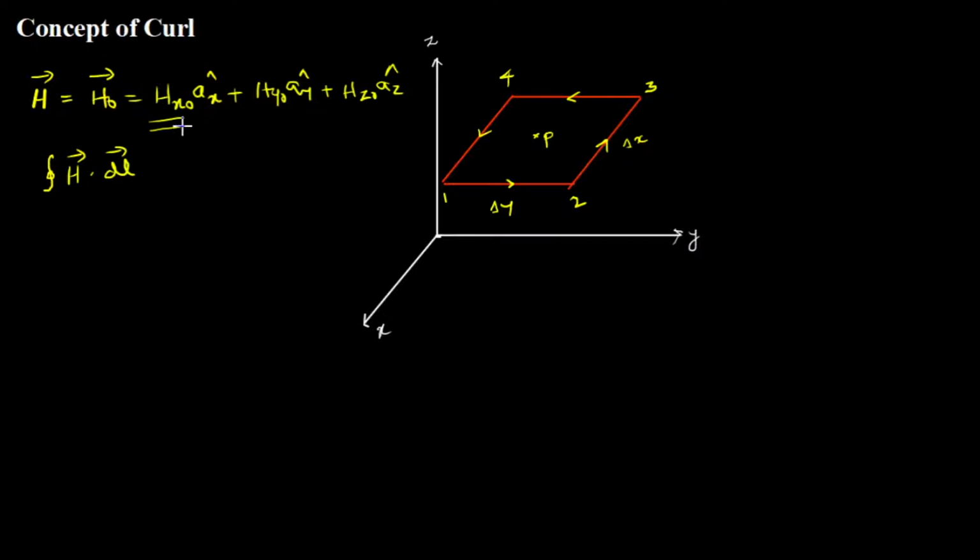Now a similar derivation has been done in the electric field also, while deriving Gauss's law for a differential volume, that is the divergence theorem. For the divergence theorem also we have derived that theorem with a similar approach. So I will not be explaining each and every step in depth here.